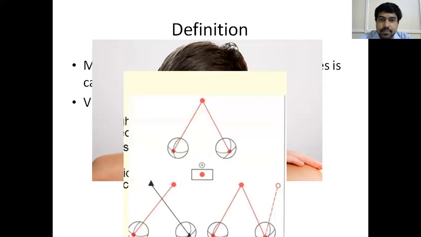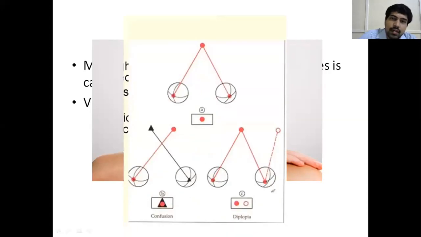Here you see this diagram in the upper part. It shows both eyes perfectly in orthophoria, and the intersection of the vertical and horizontal meridians is the fovea. It is a diagrammatic representation. This red dot or red circle here is the fovea centralis. Both eyes are looking straight, and the foveae of both eyes correspond to one another, and this is the object. The image of this object falls exactly on the right eye's fovea and the left eye's fovea, and the brain interprets it as a single object without any double vision. This is what happens normally in orthophoria.